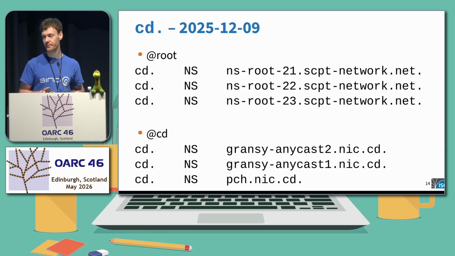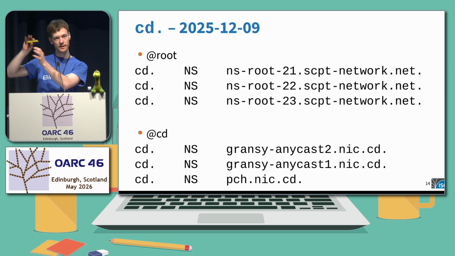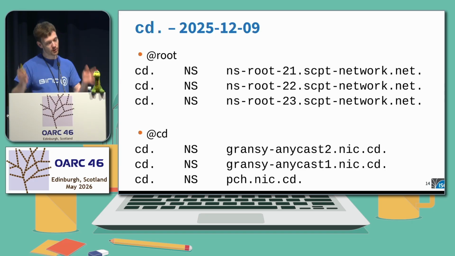That was the theory. In practice, 1 out of the 1,000,000 was a Congo TLD, which actually did depend on that cyclic sibling glue. Of course, not immediately visible, but deep in the DNS tree. And of course, it had inconsistent parent and child NS records. So we just broke the Congo. Sorry about that, it wasn't intentional.